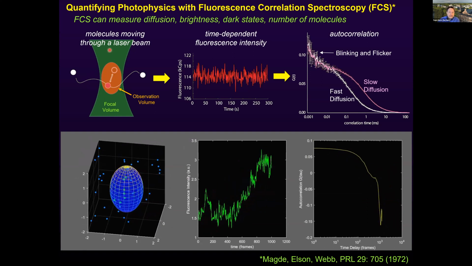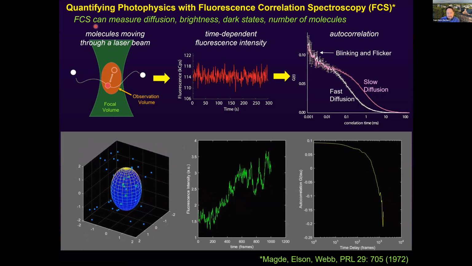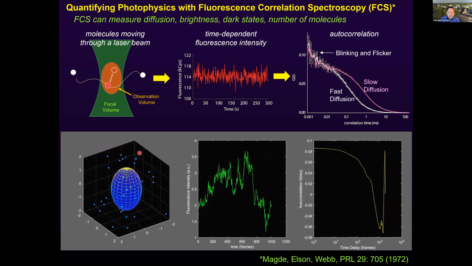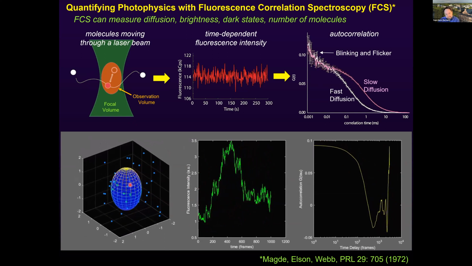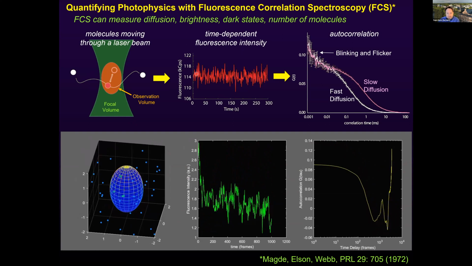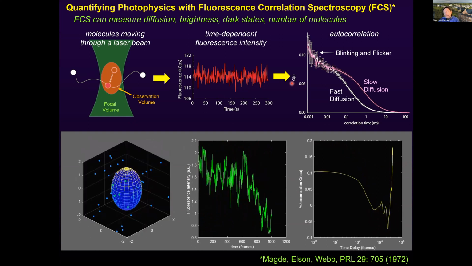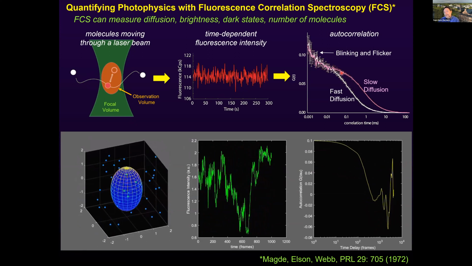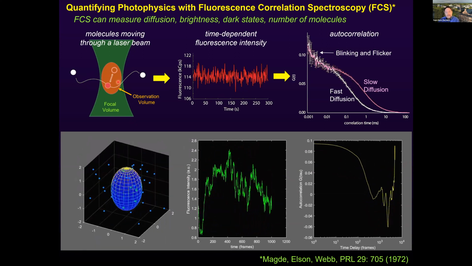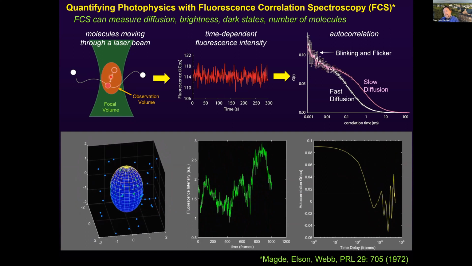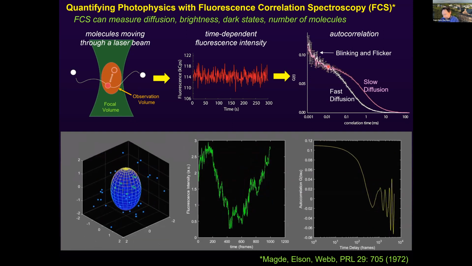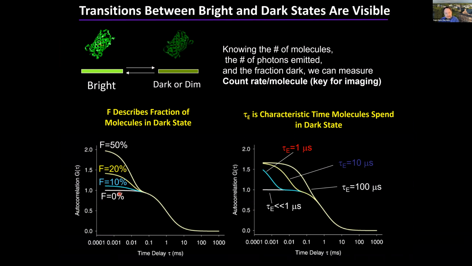We used a technique called FCS, fluorescence correlation spectroscopy, which was invented by my advisor, Watt Webb, where individual molecules diffuse through a diffraction-limited focus. Those molecules enter the volume, causing fluctuations in the fluorescent signal. You can autocorrelate this signal with itself and get a correlation curve, which shows the time of diffusion, the time the molecules spend within the observation volume, and also any transitions between bright and dark states that occur while they're in the volume, which appear in this part of the curve. And this allows quantification of the time molecules spend in a dark state, as well as the fraction that are in the dark state at a given time.